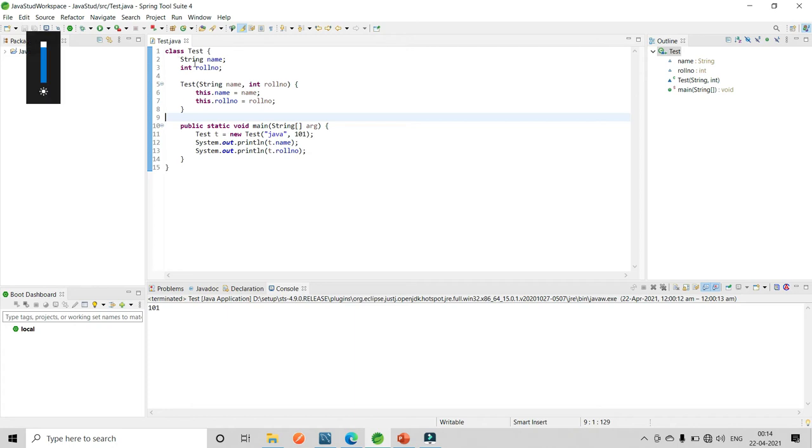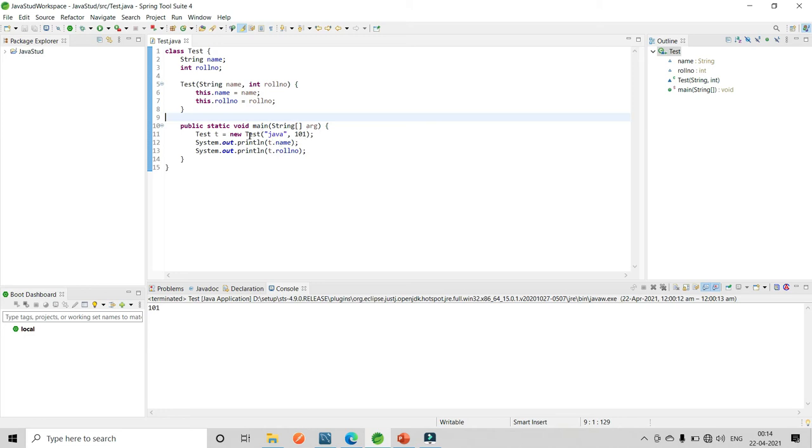In this example, we have two variables, String name and int rollNumber. After that, we create a constructor which has two parameters, String name and int rollNumber. In the main method, we create an object of the Test class. First we create the object, and after that we initialize the object by using the constructor.